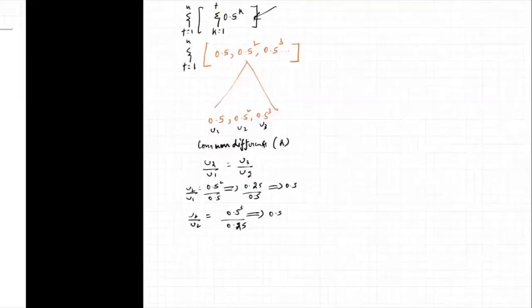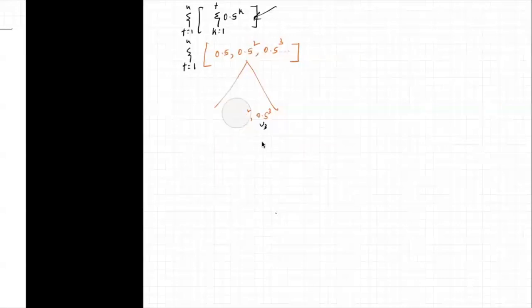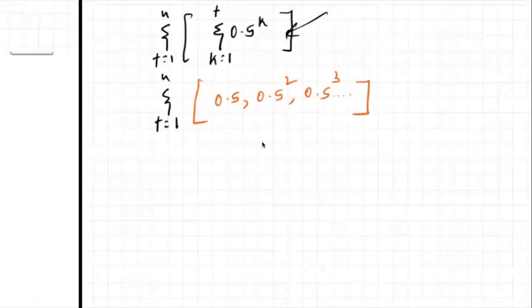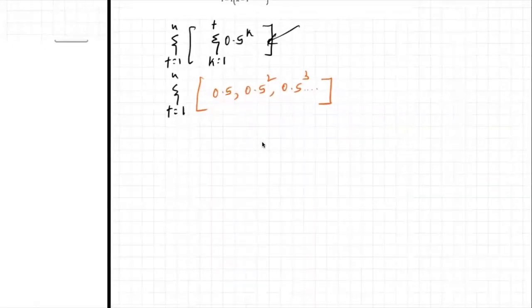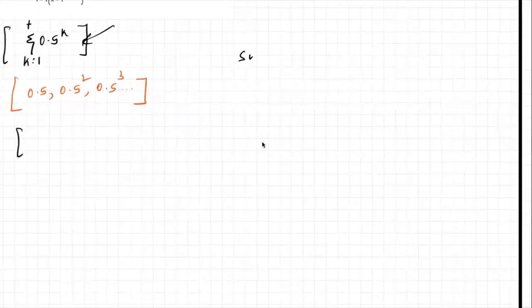So now we have proved we have a common ratio, and it is a geometric sequence. Let's erase this to get some space. Now, since we know the common ratio, let's write the summation in terms of a sum. Summation of n where t is equal to 1, open the bracket. The sum of a geometric series is u1 times 1 minus r to the power of n,